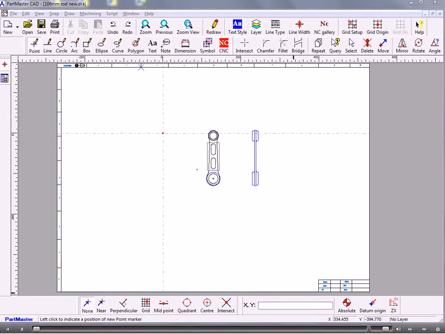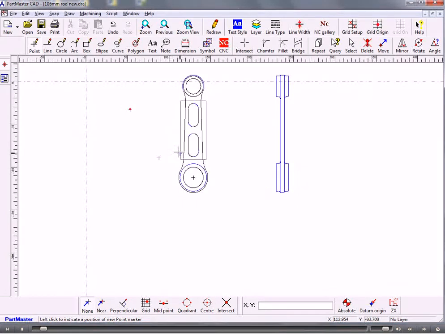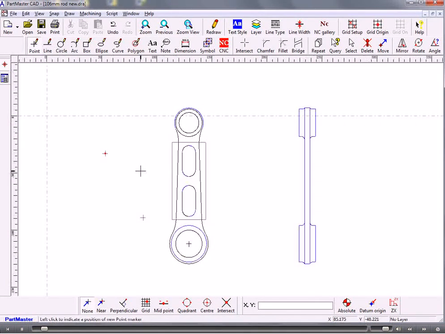In this video we'll show you how we can import a DXF file into PartMaster CAD, set the datum, create the contours required for machining, and then go through to the machining module. Okay, so this is the drawing that's been imported into the CAD system. Now often with DXF files the datum position is not where you want it to be, so we might need